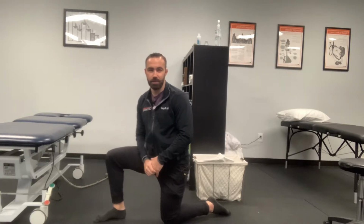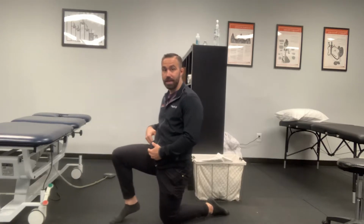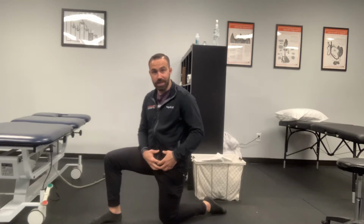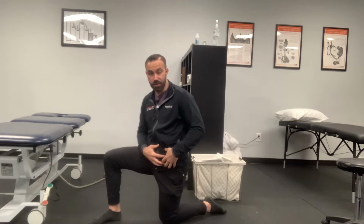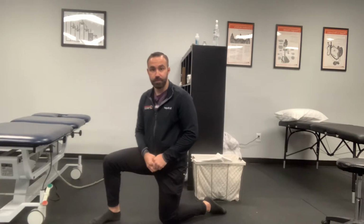I mean, they're all kind of important, but when we think about hip flexors, there's primary hip flexors like the psoas that connect to your spine, and then there's two joint hip flexors like the rectus femoris that flex the hip and straighten the knee out. So if you really want to focus on the hip flexor and not the quadricep muscles, then we need to